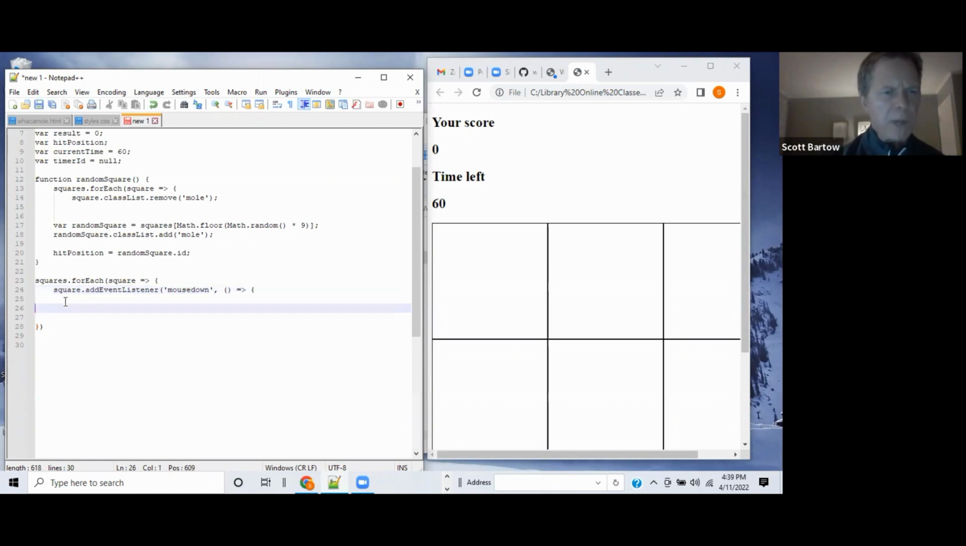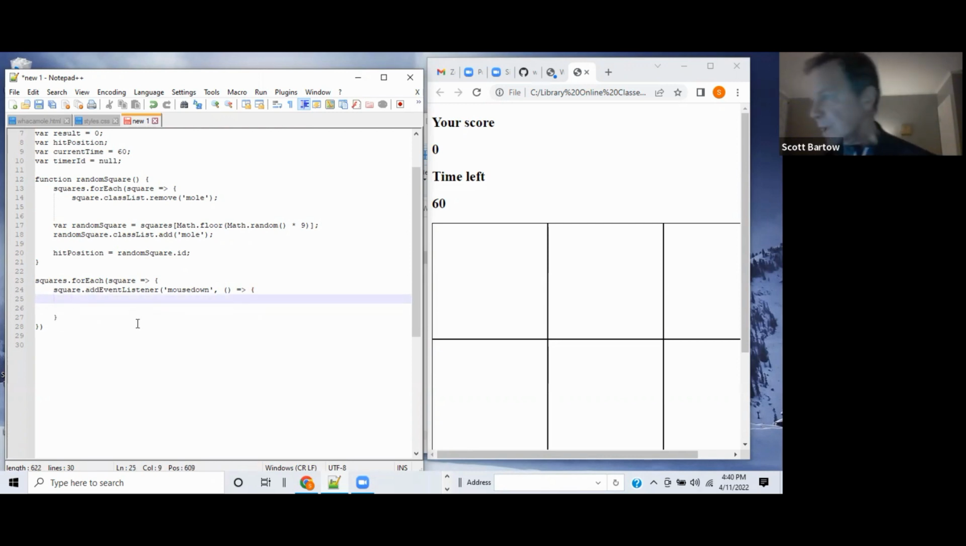Opening curly bracket. Okay, there we go. All right, so that's our event listener. And then, so we've got the opening curly brackets, and down below under the S in square dot addEventListener, we need a closing curly bracket. And then inside of that, so I have to indent, we're going to have an if. So if, parenthesis, if you have square dot ID